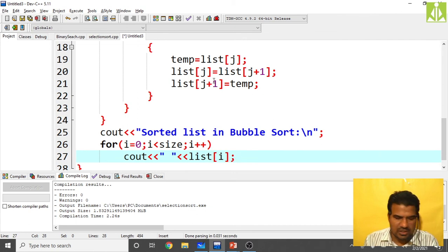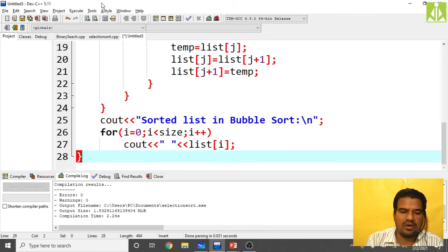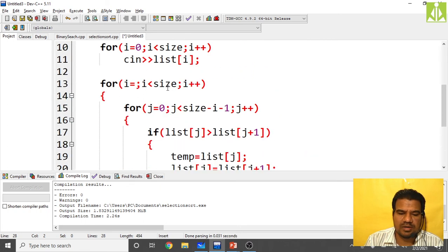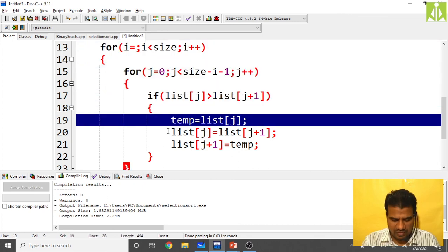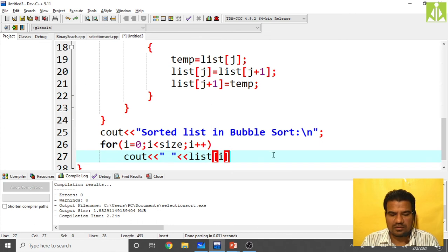Hopefully you understood. This is how we perform it. Only this particular logic you have to remember. The rest of the thing is exactly the same as in your previous program.